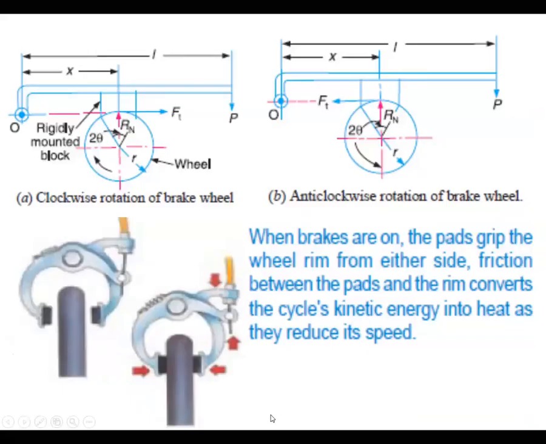Right. So this is the clockwise direction and the anti-clockwise direction. Same principle: length L is there, x is there, vertical forces are there, the downward force, the reaction force and the frictional force are there. Normal reaction is there, 2 theta is also there, x is there, L is there, everything is there, but only the direction changes. So please remember, the clockwise and anti-clockwise shoe brakes are the same, but the direction of the frictional torque is changing here.